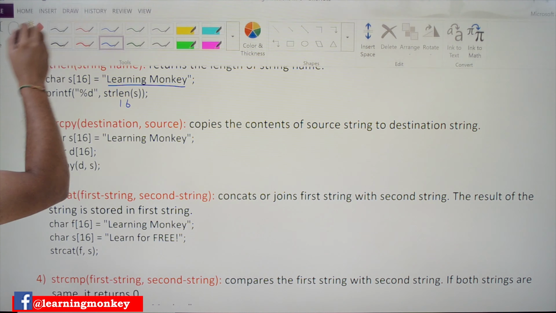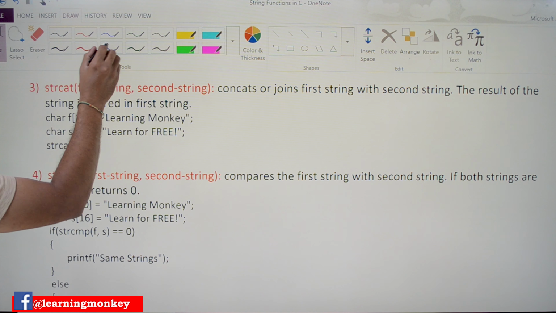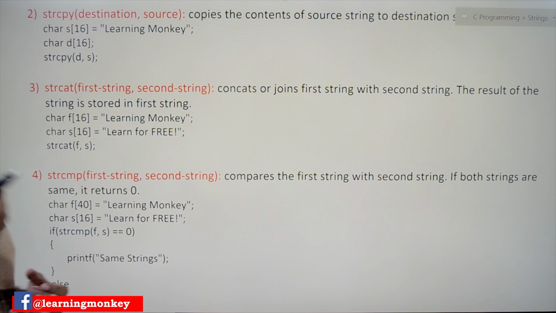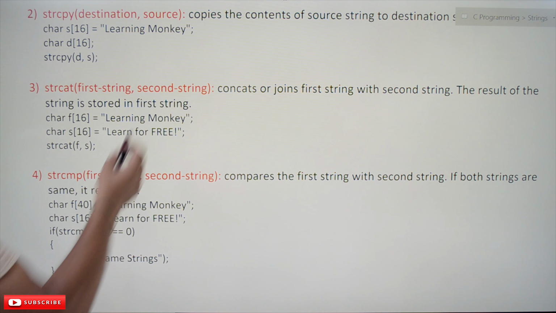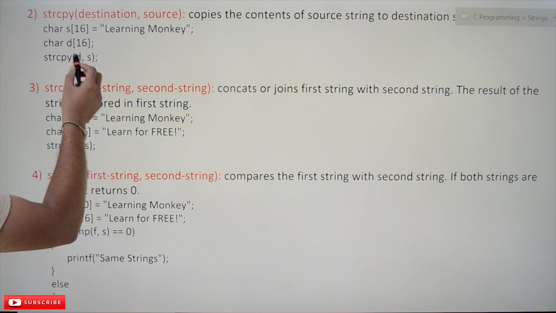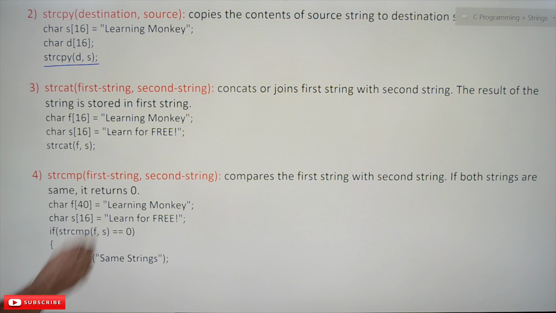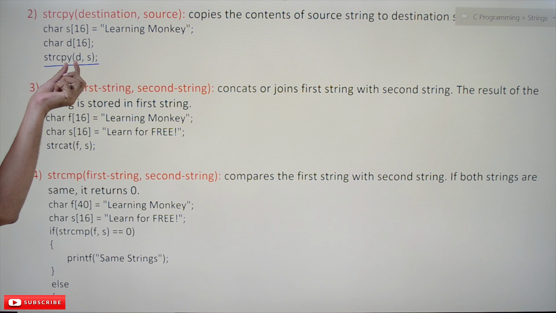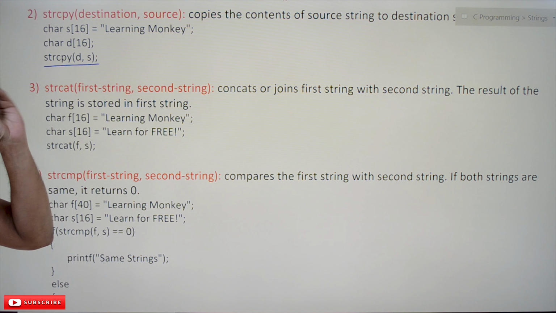And the next one is string copy, in short strcpy. With string copy, the characters in one string will get copied into another string. It copies the contents of the source string to a destination string. The syntax is strcpy, the function name, and the destination string has to be given as the first parameter, and the source string as the second parameter.